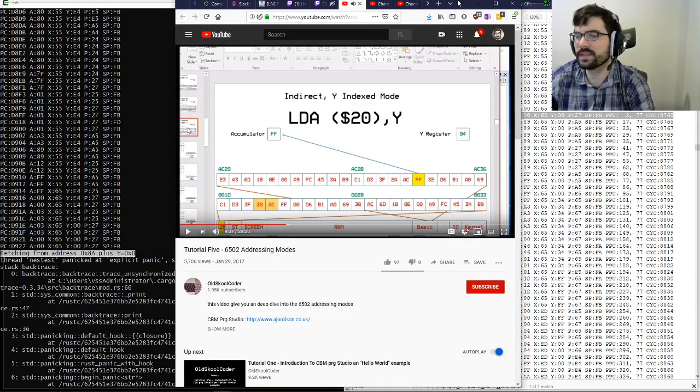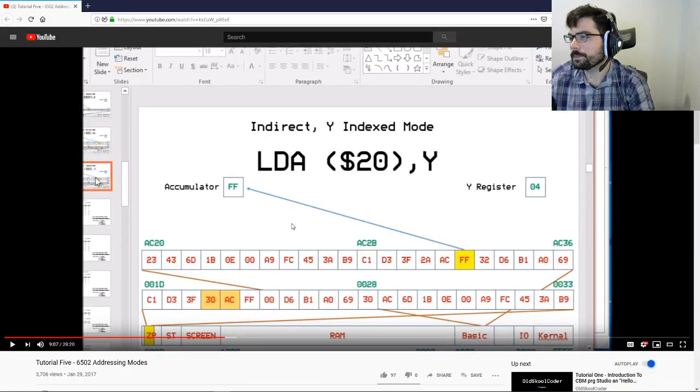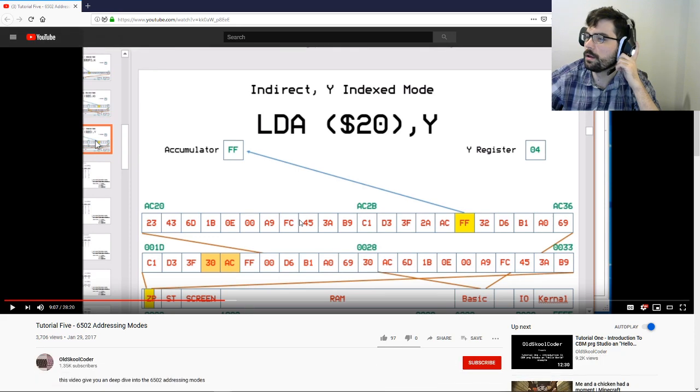Okay, so what Lila is saying in the chat is to look at this. Actually, let me tear it off this screen so I can still see chat. So basically it looks like, yeah, load A20Y is that you load this, right? This is DEF20. So you load 20, 21. You get AC20, and then you add whatever was in Y, which is 4, I guess.